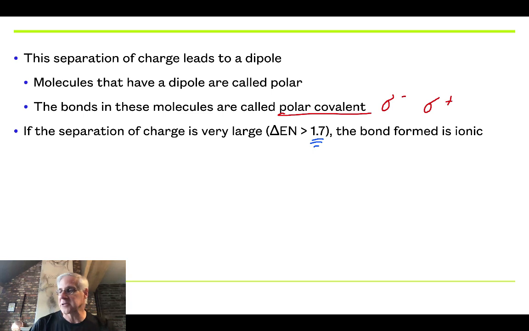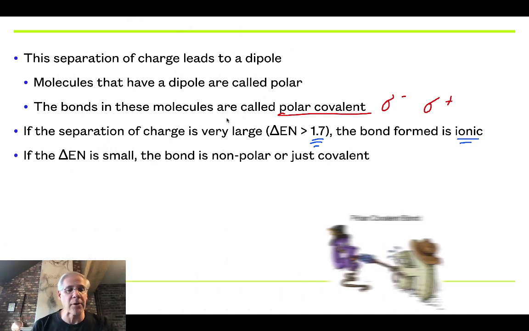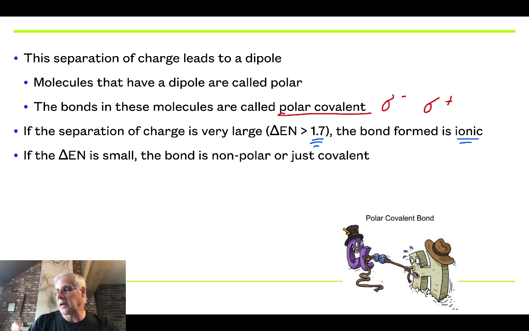But for our purposes, if the difference of electronegativity is greater than 1.7, then we say that that bond is ionic. In other words, the time that the electron spends around the more electronegative atom is so great that for all intents and purposes, we say that that electron has been transferred to that more electronegative atom, and that has formed an ion, an ionic compound. So if we have a delta EN that is very small, then that bond would be nonpolar,